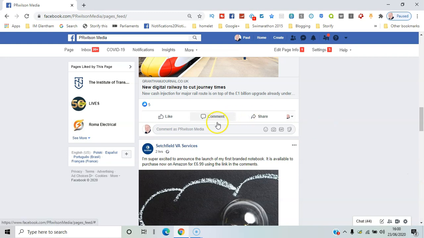When you comment as PR Wilson Media, you comment as the page. People can respond, they can click back through to your page. So it's a great way to filter out the noise as a business on Facebook and just concentrate on the